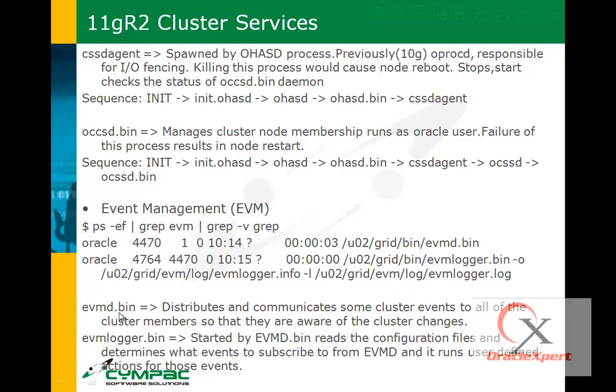evmd.bin distributes and communicates some cluster events to all the cluster members so that they are aware of any cluster reconfiguration or significant events that have occurred on a given node. So it's a propagation mechanism. Whereas evmlogger.bin, which is started in turn by evmd.bin, reads the configuration files and determines what events from the huge